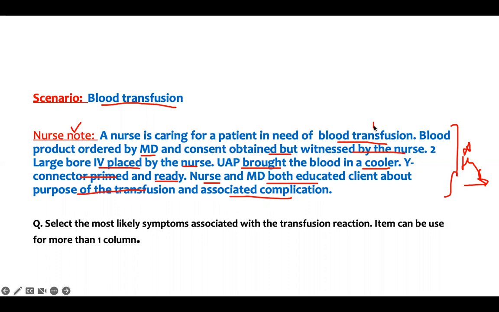The patient needs a blood transfusion, or the preparation you have to do to get the patient ready to get a blood transfusion. What is the question? Like I said, this is a bunch of information, but what is the question asking you? Select the most likely symptoms associated with the blood transfusion reaction. Item can be used for more than